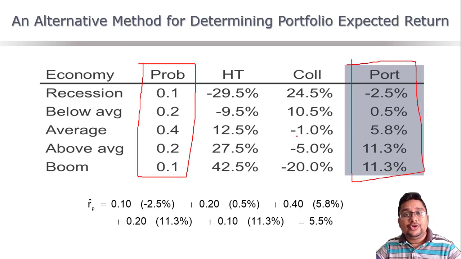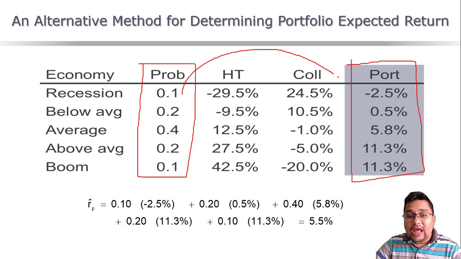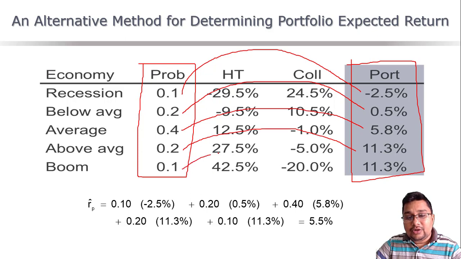Now we do not have to do the weighted average anymore. What can we do now? We can just multiply the probability of each state and the return if that state occurs, plus the probability of the other state and the return if that state becomes true, the probability of the other one times the return, and the probability of the last one and the return if that state occurs. So you can see the calculation.